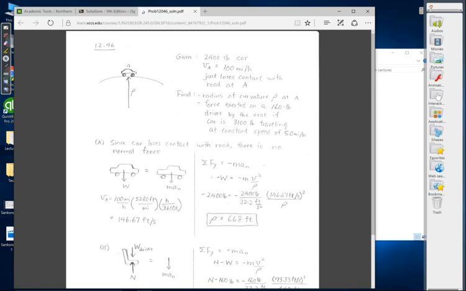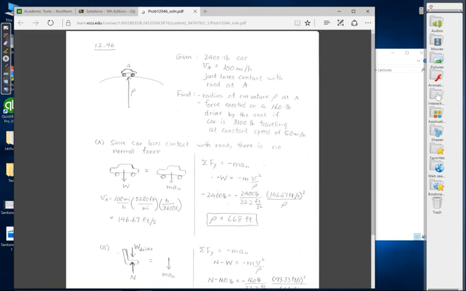What we want to find is the radius of curvature at that point on top of the hill. And then we want to find the force exerted on a 160 pound driver by the seat if the car is now a different weight, 3,100 pounds, and